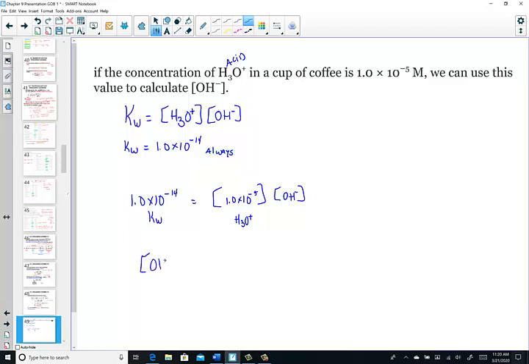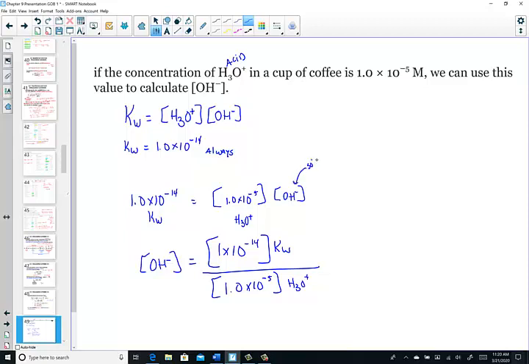Just to isolate, we can see that it would end up being 1 × 10^-14, which remember is what we called Kw, divided by the concentration of the hydronium ion, which was our H3O+. So we can isolate and solve for this